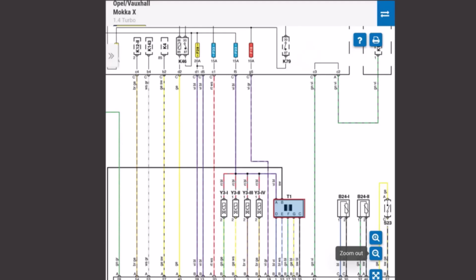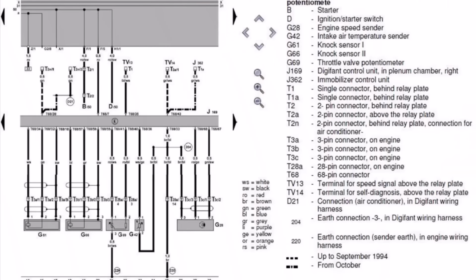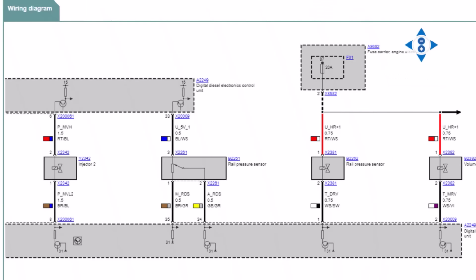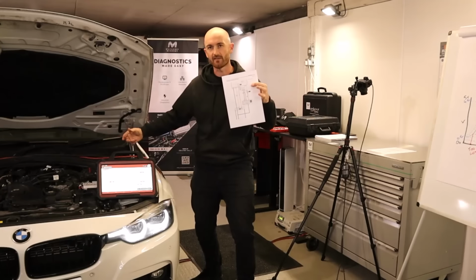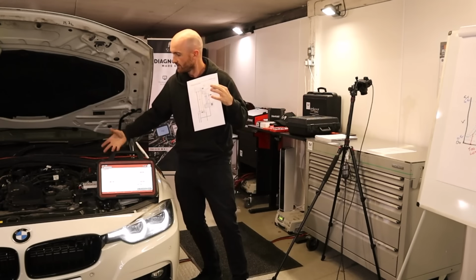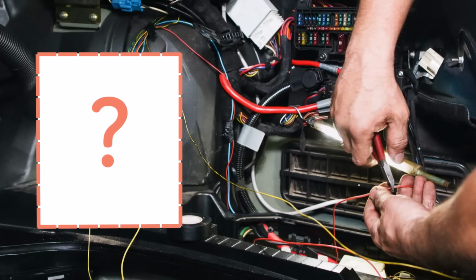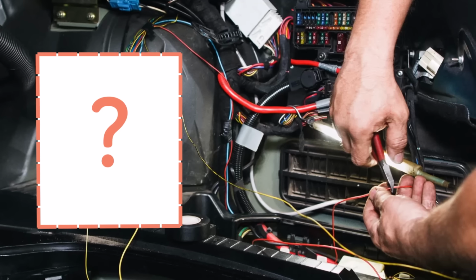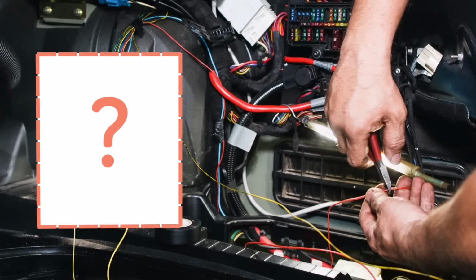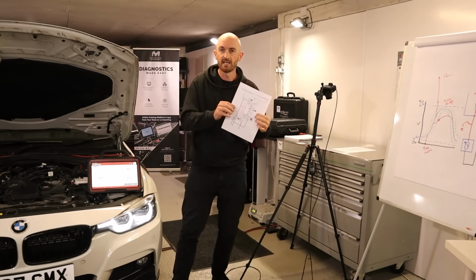Now, if you really get to learn and understand wiring diagrams, you're actually understanding how the vehicles work and operate, how these manufacturers put these systems together, because there's only so many ways you can achieve the outcomes of what we're doing here. So for the times when you can't get the wiring diagrams, you may already have enough knowledge to try and work out the system and test it properly yourself. So I'm going to show you a few tips in a minute to get the most out of these. However,